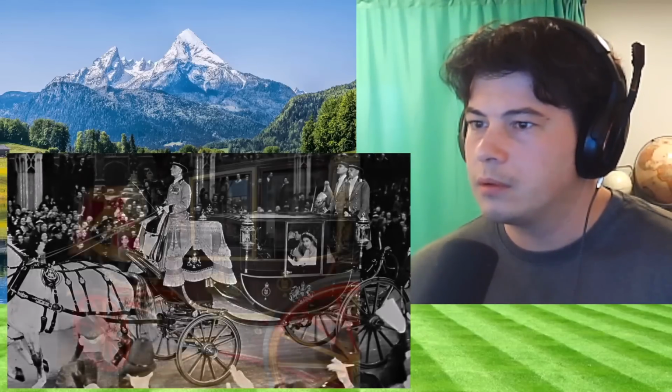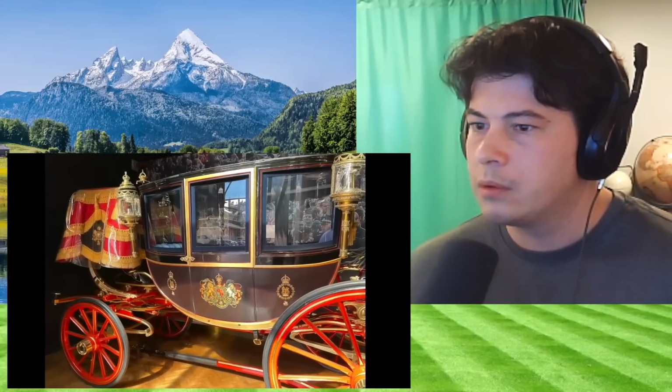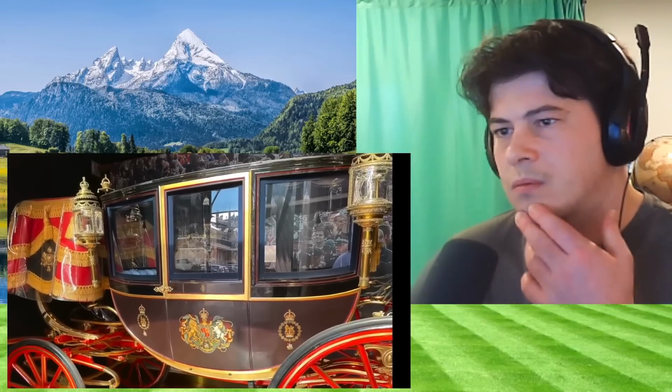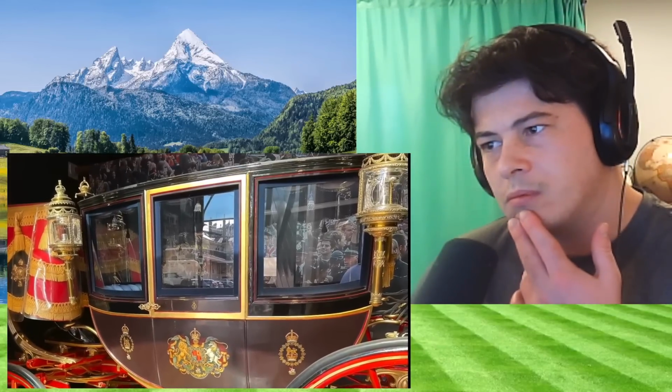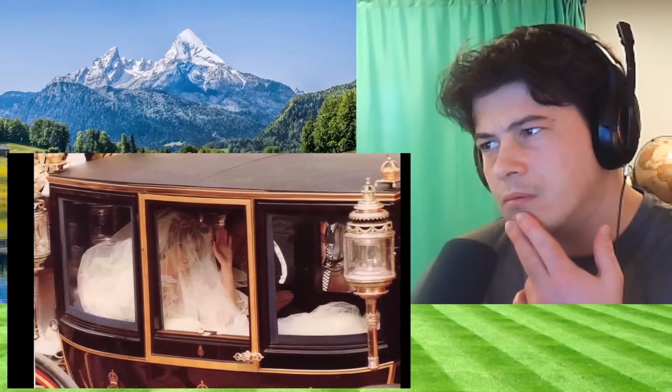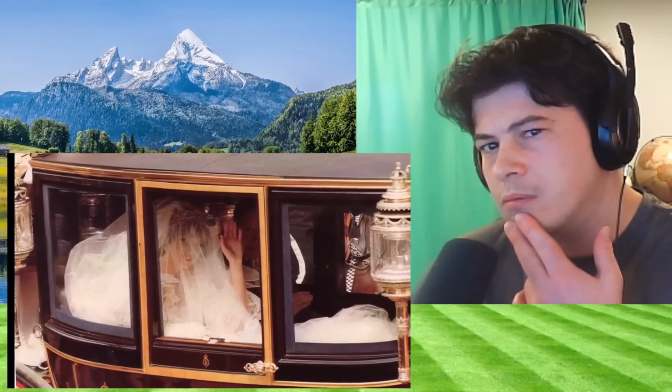It is called the glass coach due to glass being used in all the top panels, and was originally acquired for the 1911 coronation of King George V. It is now used to carry royal brides to their weddings. The coach weighs 1 ton and in the state...